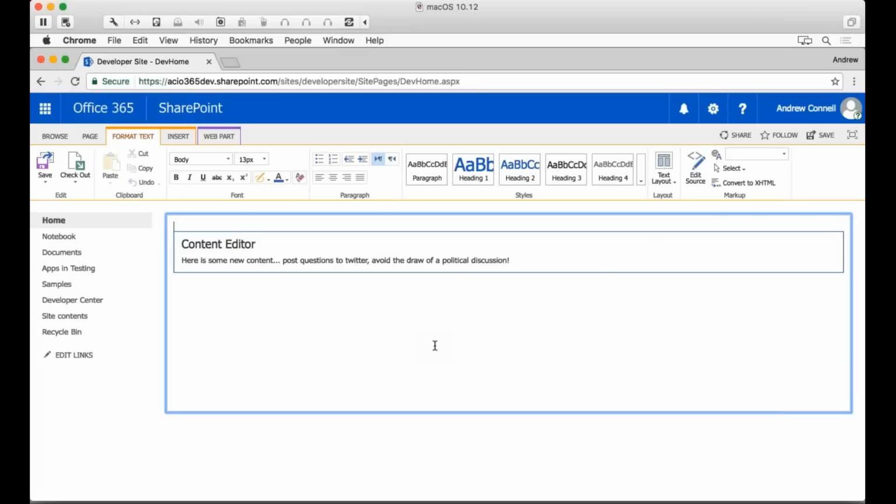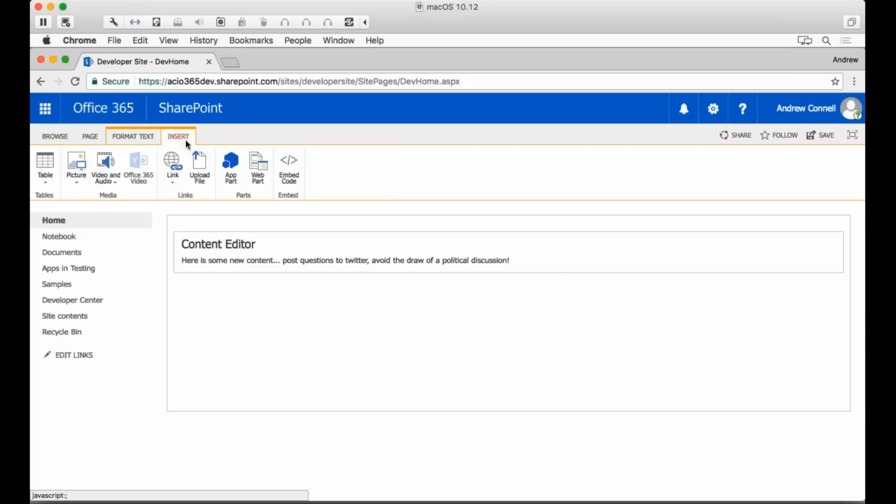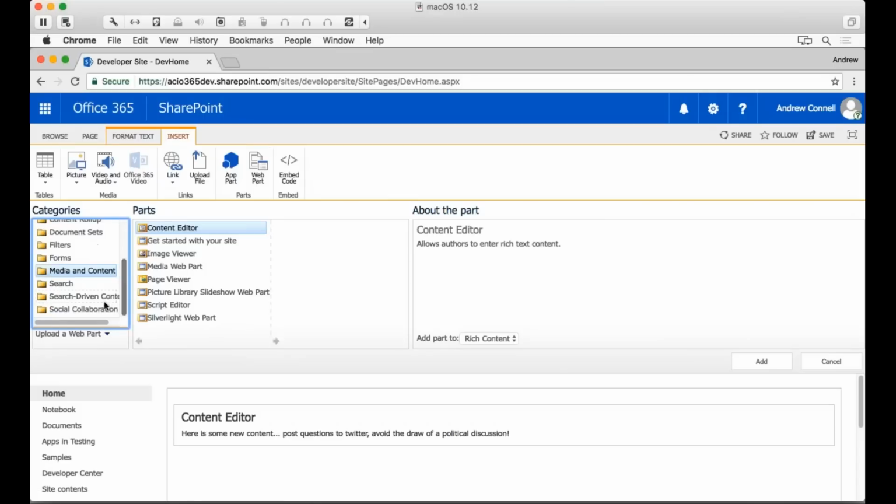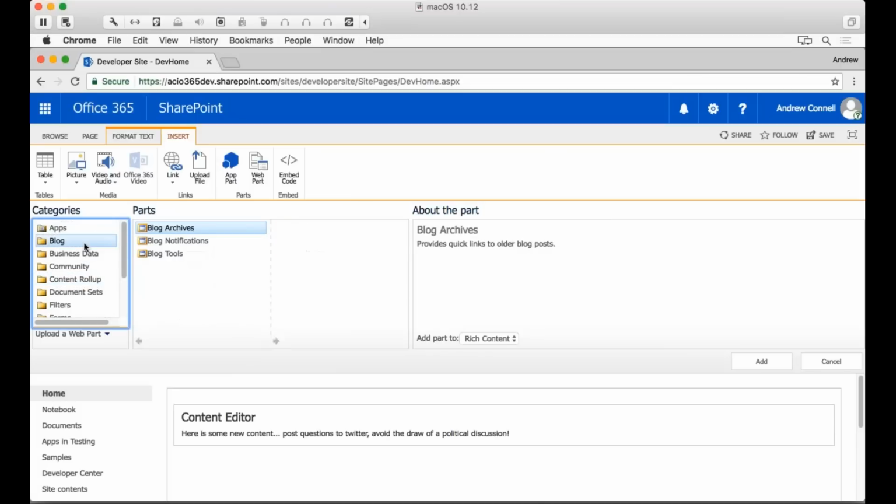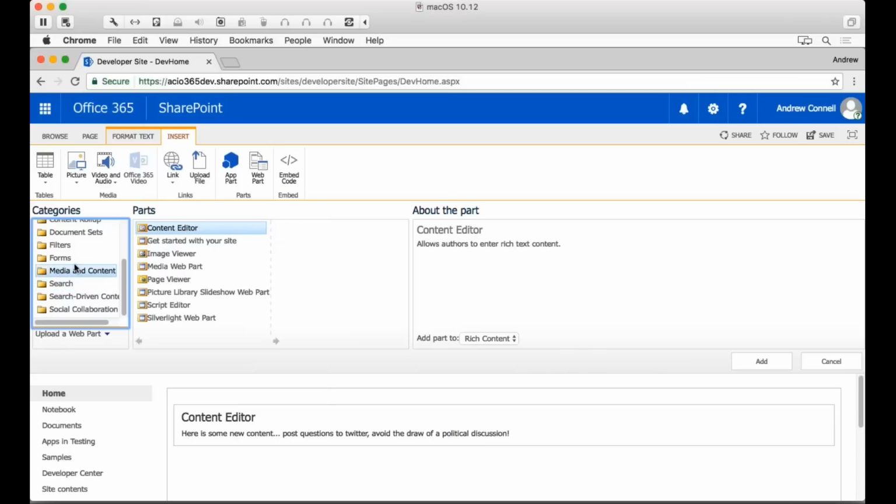Now, what does one of these client-side web parts look like on one of these pages? So I'm going to come over here. I'll put this right down here, and I'm going to insert another web part. But in this case here, I'm going to use one of the new web parts that we have. Come on. And I'm going to find one called, oh, lovely. They already changed it. Oh, you guys. You got to love this. This was not like this just a bit ago. Oh, Microsoft. Microsoft's killing me.